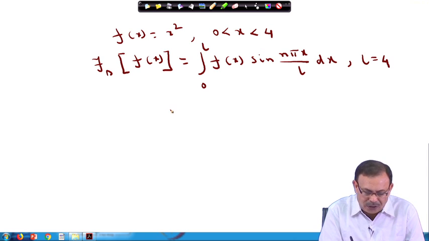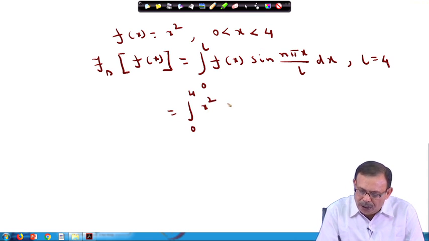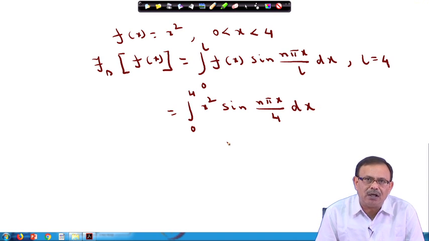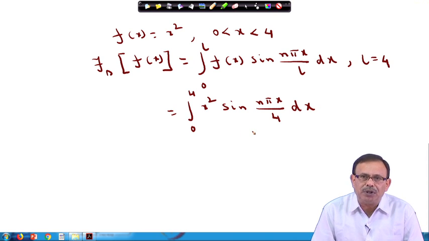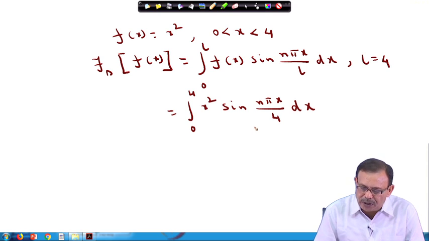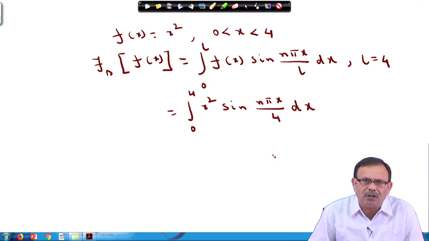So the integral is from 0 to 4 of x square sin(n pi x by 4) dx. If you evaluate the integral using integration by parts, as we have done earlier,